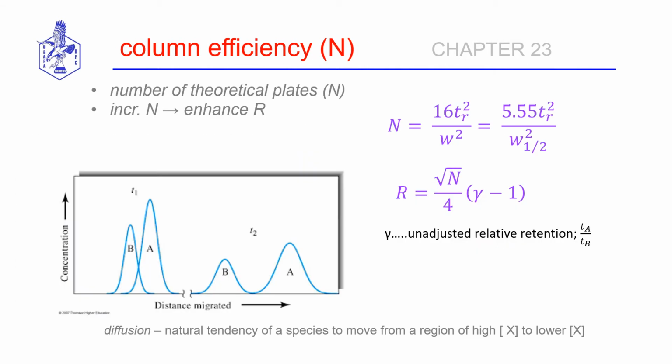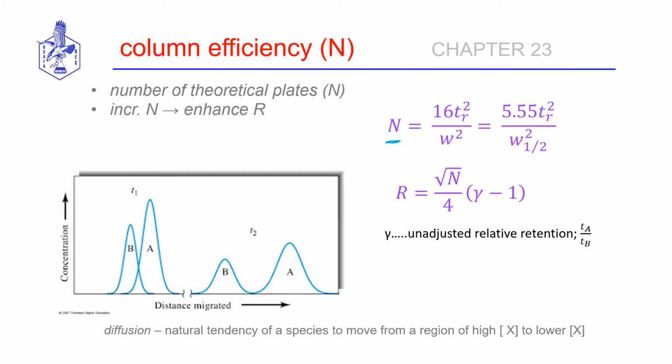So let's revisit the parameter of column efficiency as measured by the number of theoretical plates. Remember, this is the number of exposures that a molecule will have to the stationary phase and the mobile phase as it traverses the column. If you will recall, we have an equation in which the number of theoretical plates is measured by 16 times the retention time squared over the width of the peak squared. And we can express that equation in a similar fashion if we want to measure the width at half height